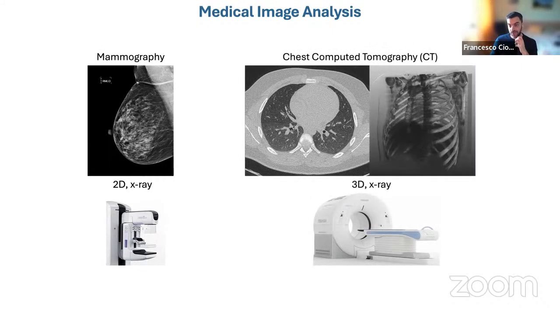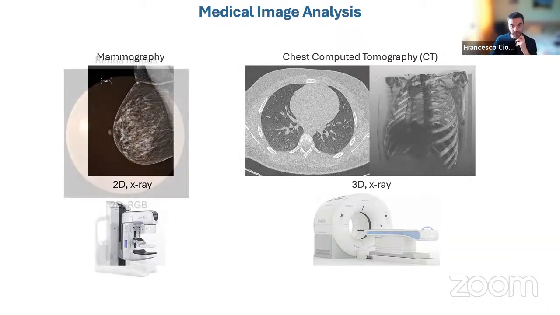Still about X-ray, you can also have 3D images like computed tomography, CT, typically done in the thorax, but you can actually have a full body CT scan. It's also coming up for screening programs to look for pulmonary nodules that could be indicators of lung cancer, but it's also done for rib fractures and all sorts of medical investigation.